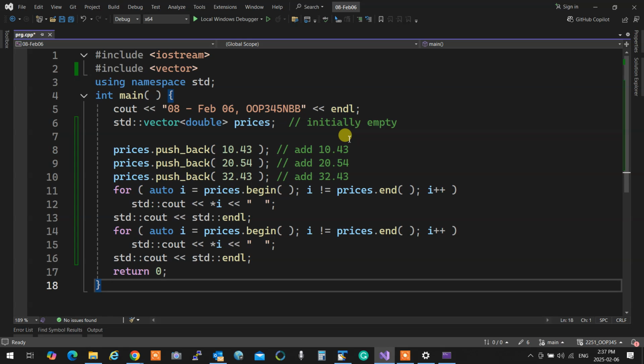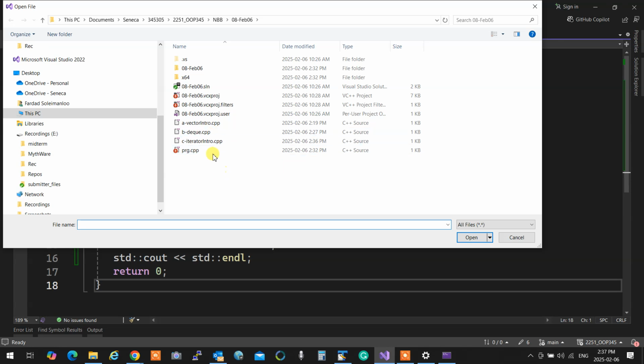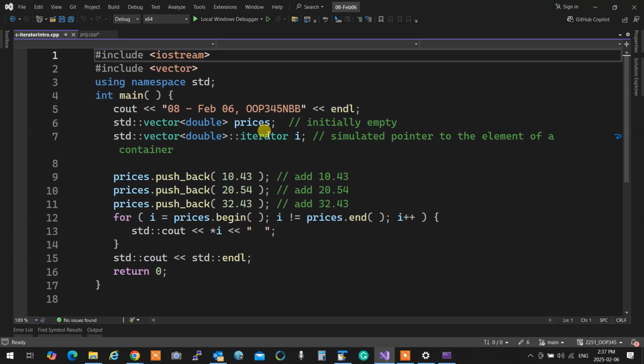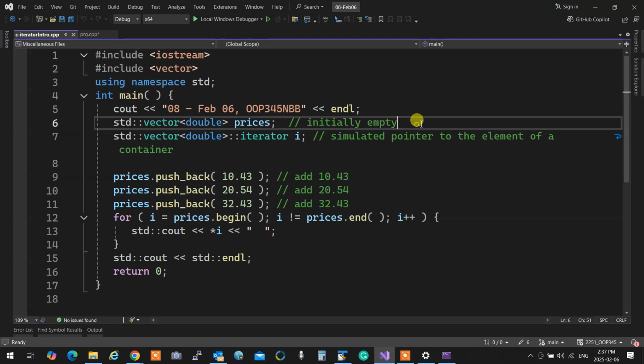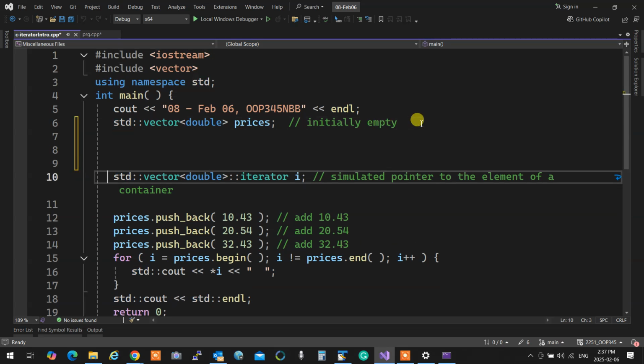Yes. Okay, so let me explain first. So to just clear things up, let me go to this. Does this statement say it has to be prices? Any double vector. So it's not tied to anything. You can make it point to any double vector.